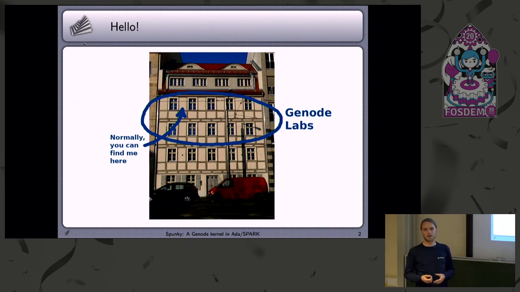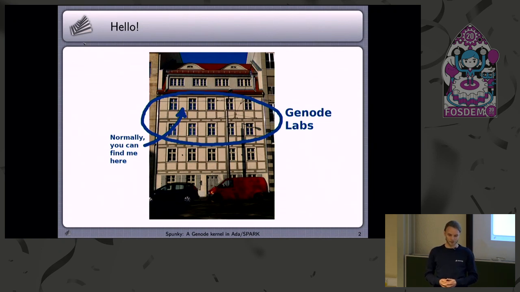I was involved in creating the first in-house kernel for Genode, and then in drivers and hardware support, especially for ARM. After that, I switched a little to testing infrastructure and built an automated tester, and then I finally ended up with Ada and Spark last year, and to be honest, I'm a total newbie to this. I visited the Ada dev room for the first time last year, and I was very excited